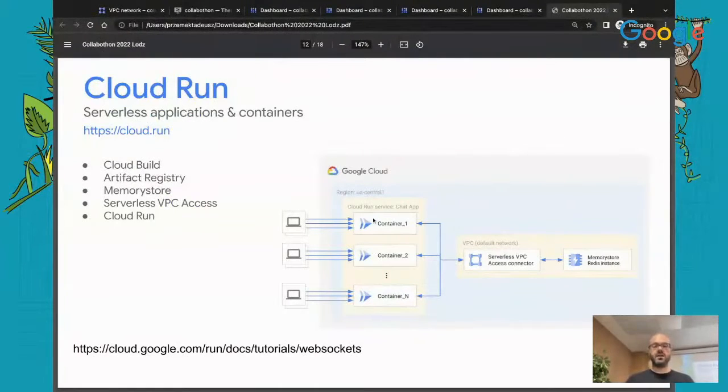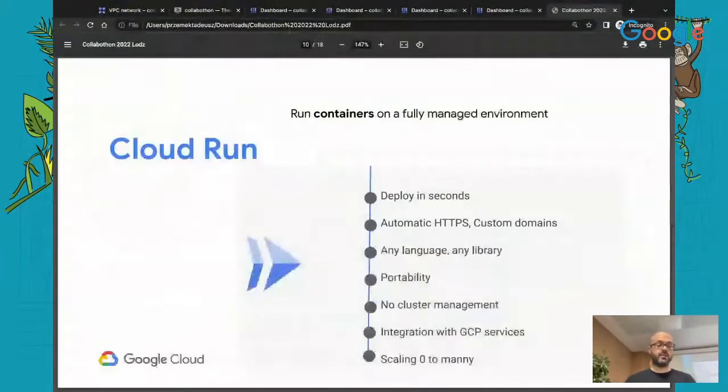As you can see on the almost left-hand side, we have container 1, 2, and container n. That means that if I'm not going to invoke the endpoint that we are going to create, I'm not going to pay for anything, and nothing will be running on the cloud. It's going to be $0 for me. If I start to invoke my URL, then the containers will be automatically started by Cloud Run in order to handle the load that will occur. But if nothing is happening, then it will scale down. And again, I'm not going to pay for wasted resources. This is one of the coolest things, for me at least, about serverless, that you can scale from 0 to hundreds or thousands of